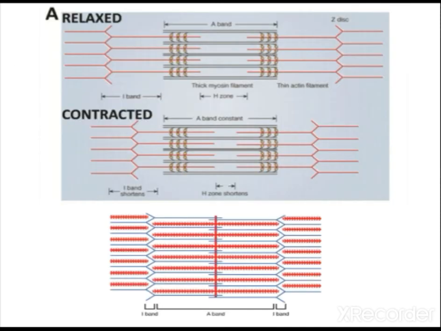So this is the relaxed one. Can you see? This is the myosin filament, and this is actin. What is given red color is the actin filament, and this is the myosin filament. Here you can see the actin filament slides one upon another during muscle contraction. So this is the relaxed condition. Here a little bit of contraction has started. Here is the fully contracted muscle. The actin filaments are sliding upon each other, and you cannot see the H zone. The H zone is seen more in the relaxed condition. When the contraction starts, it is reduced. Now we cannot see any H zone as it is fully contracted.